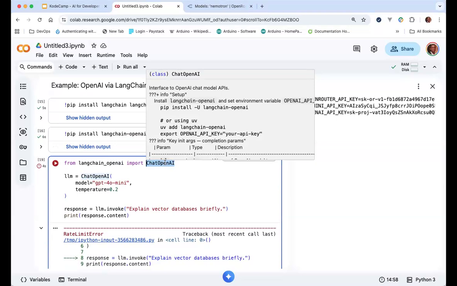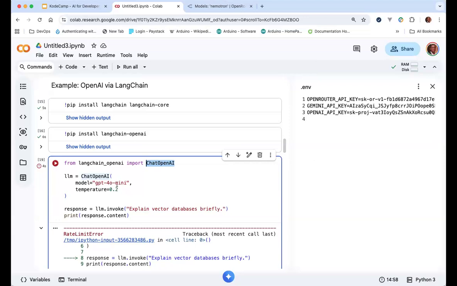It encapsulates the OpenAI SDK and makes it conform to the same interface that LangChain has defined for all LLMs. So once you do this, you can use the same way of calling the method. For every single one, you call it the same way, irrespective of the internal details going on in those SDKs. So with the ChatOpenAI,